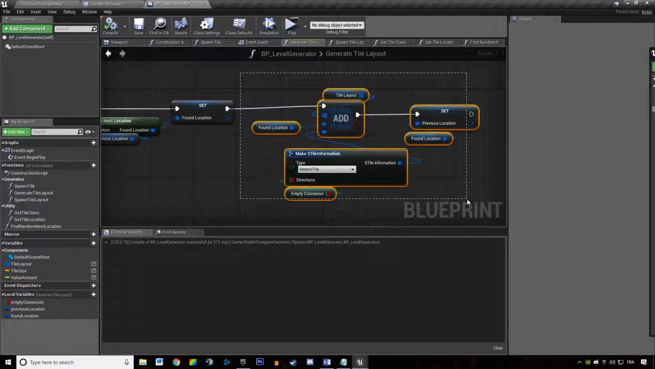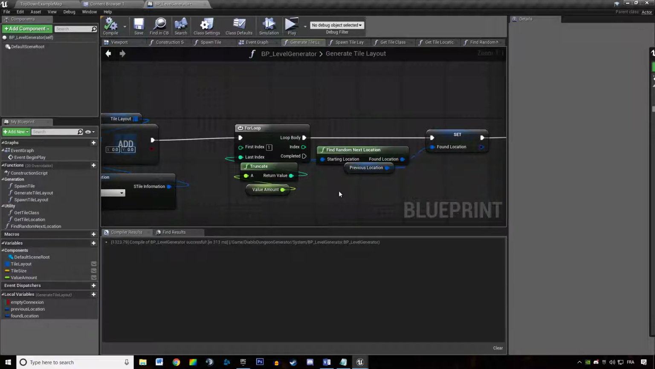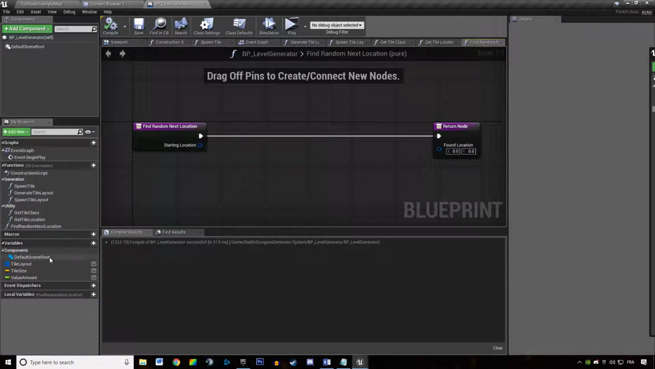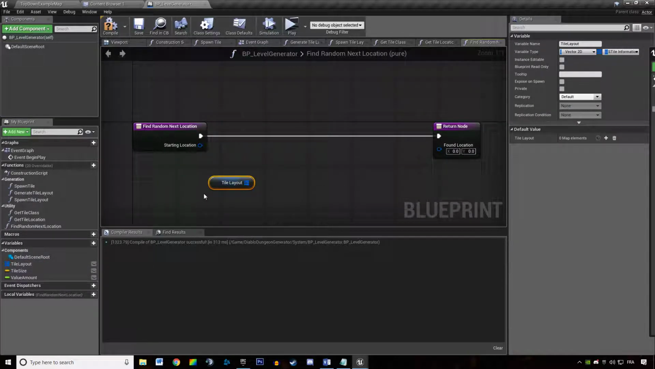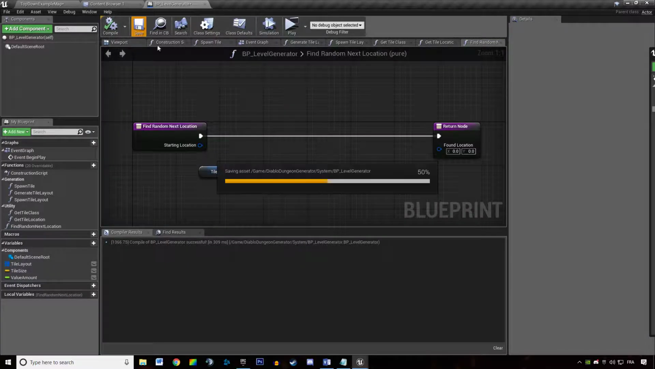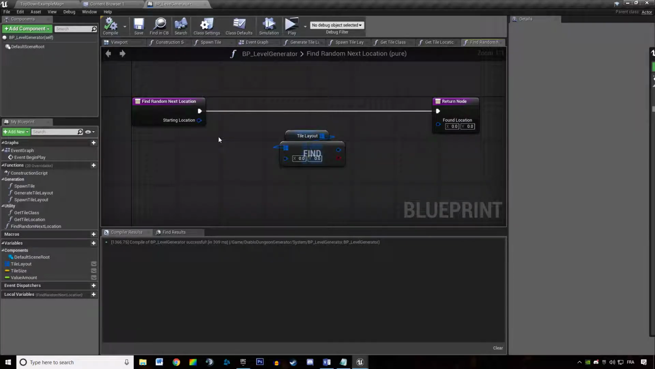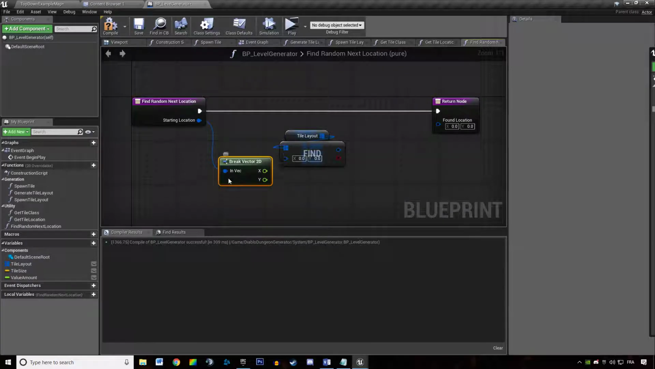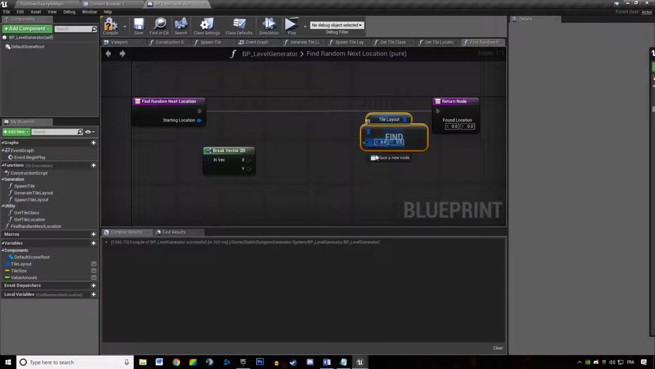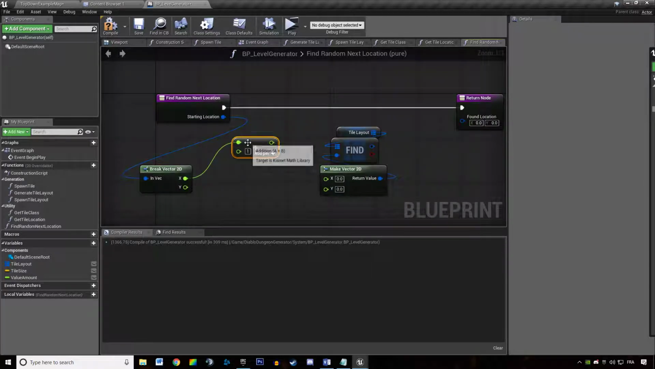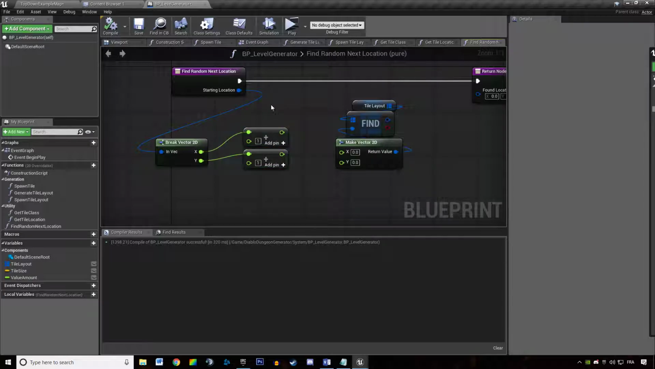So we need to build that logic now. How do we find the random next location? For now, we just want to find a random unused location around the starting location. So how do we do that? Simply by breaking that vector and asking if there's actually a tile at x plus 1 or y plus 1,